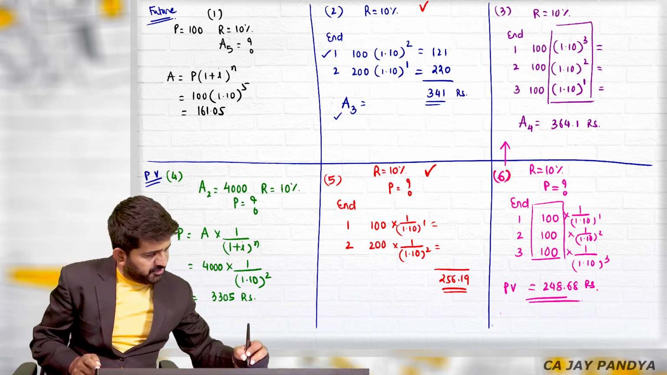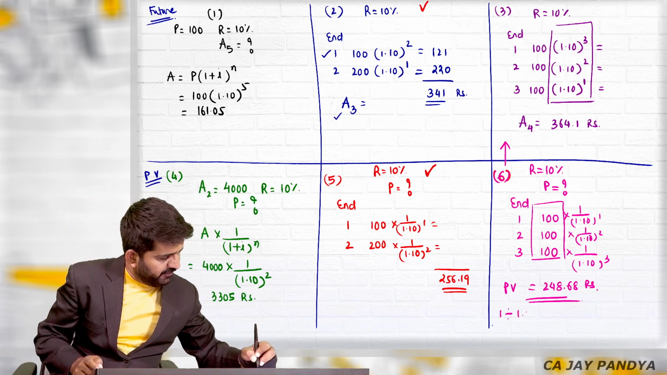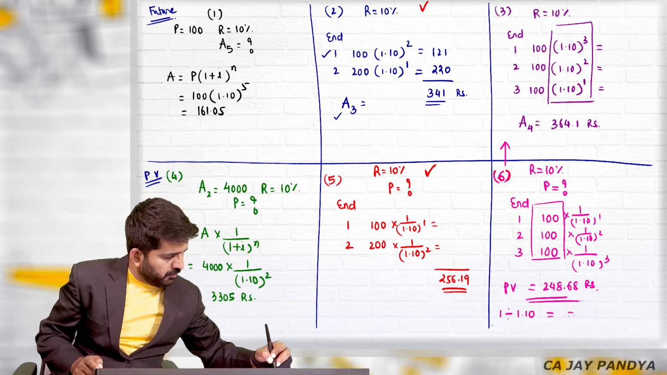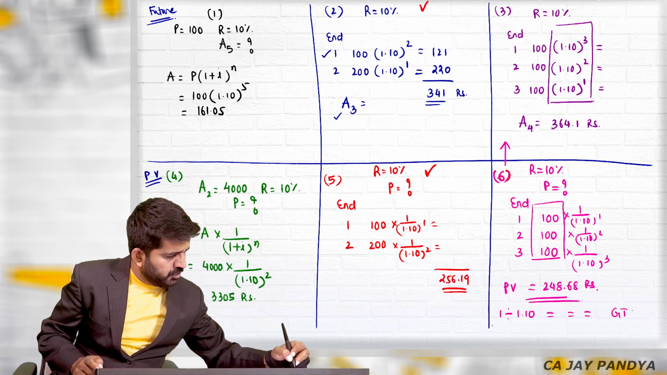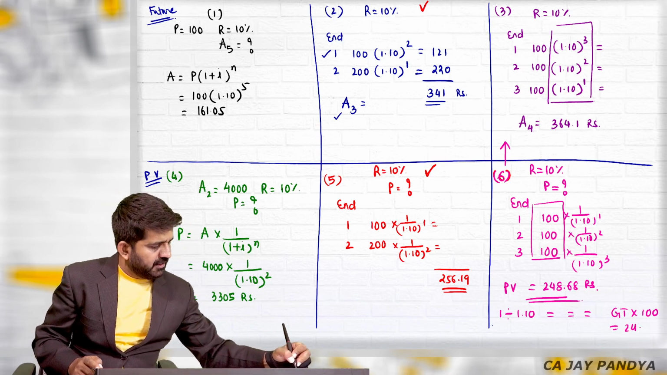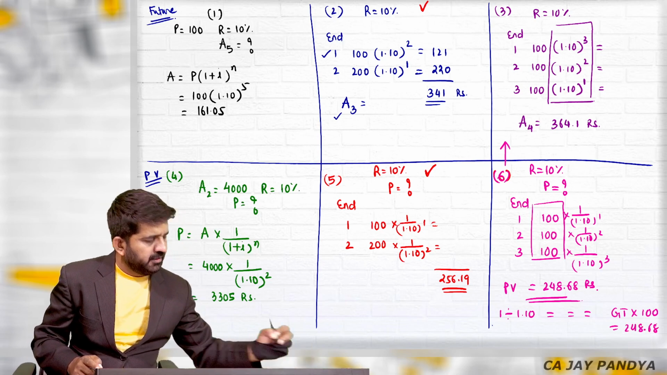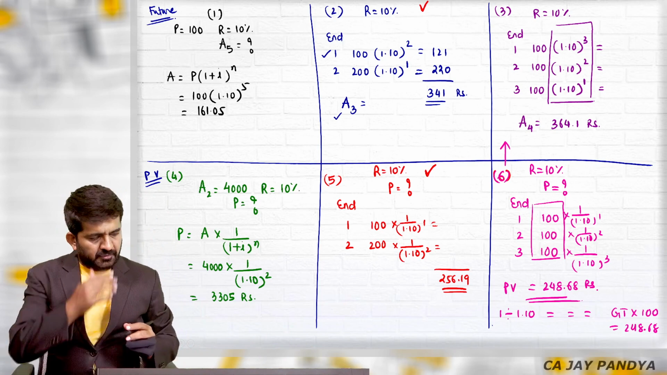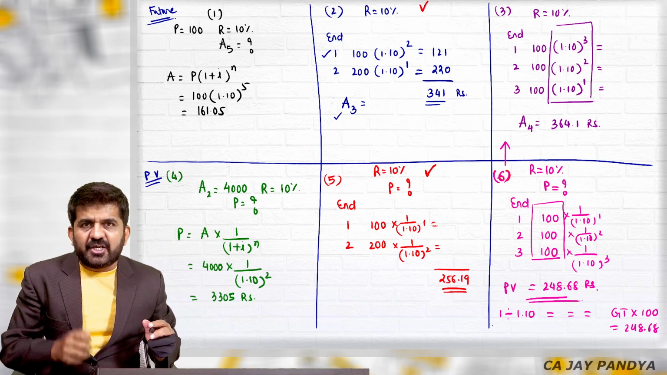How to do it with GT? 1 divided by 1.10 is equal to GT multiplied by 100. You will be getting answer of 248.68. These are 6 categories of questions. Seventh one,